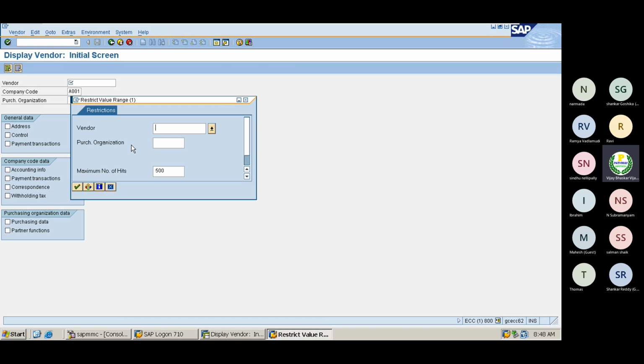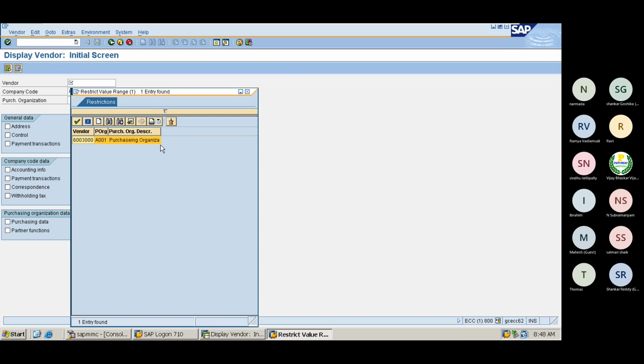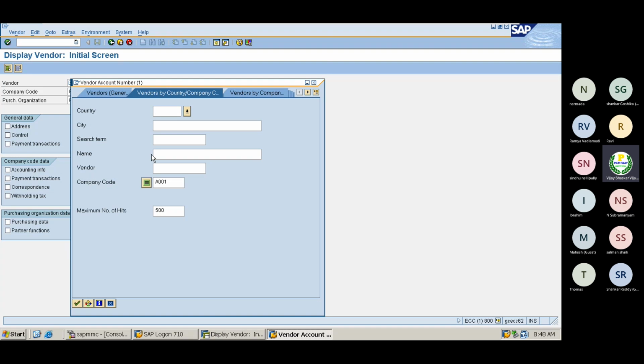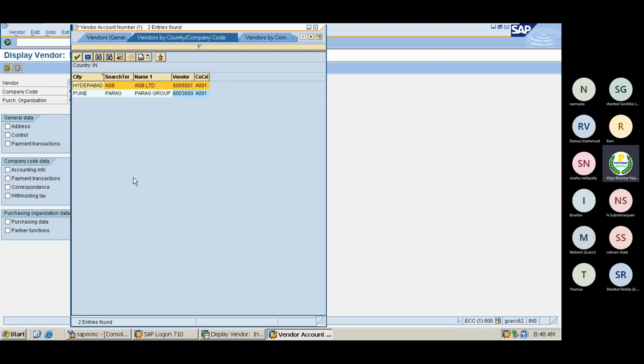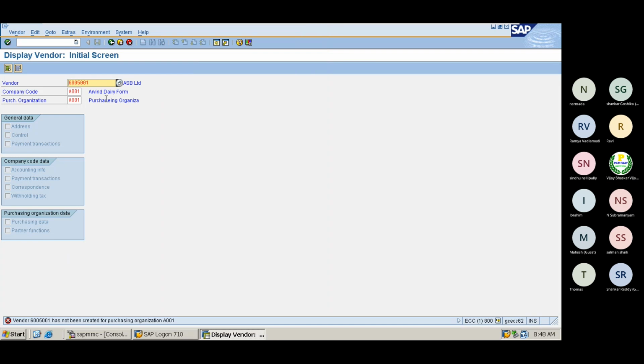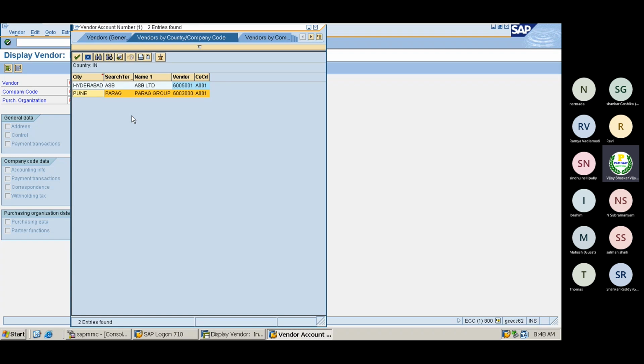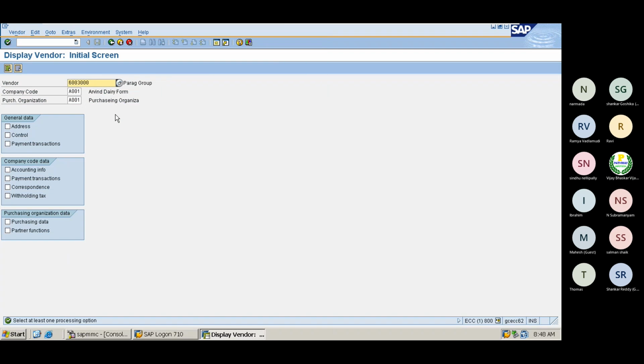Purchasing organization. Okay, this is the purchasing organization. With the purchasing organization, let me enter. This has not been created with the purchasing organization. Let me see. Okay, now you can see here,